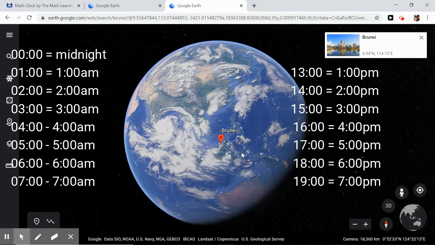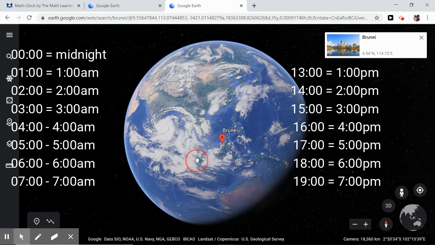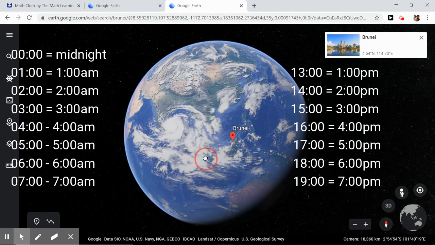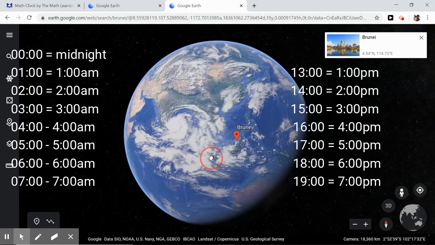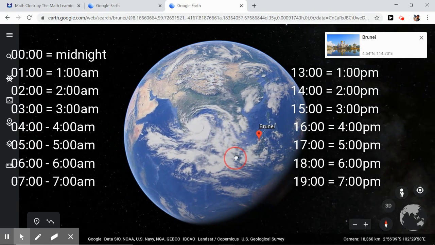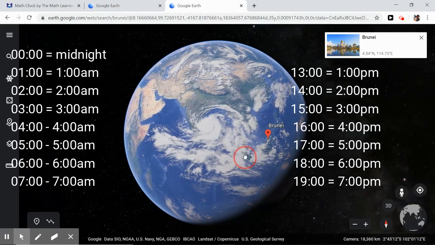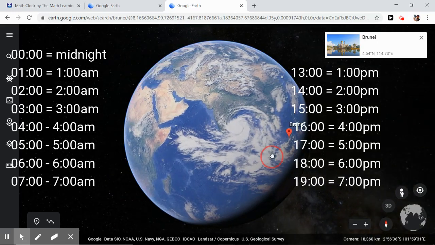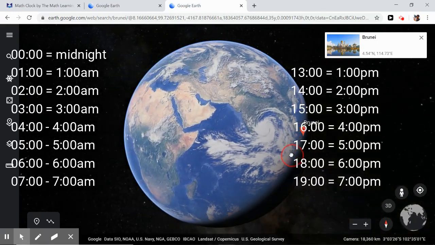So we've had 12 hours of the day. Now we go into the 13th hour of the day. It's still 1 p.m., but it's the 13th hour of the day. So on a 24-hour digital clock, it would now say 1300, or 1-3 for 13, and then 00. And then we've got the 14th hour, which is 2 o'clock, the 15th hour, which is 3 o'clock, the 16th hour, which is 4 o'clock, the 17th hour, which is 5 o'clock, the 18th hour, which is 6 o'clock,